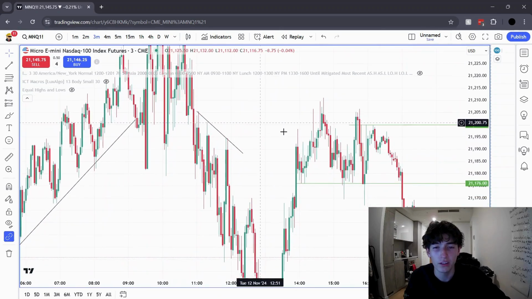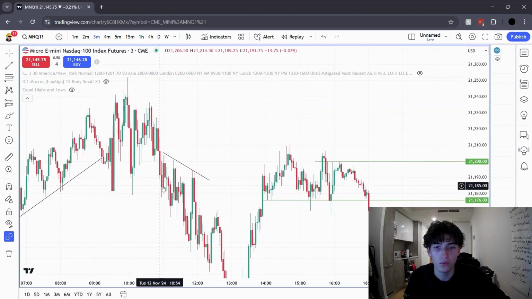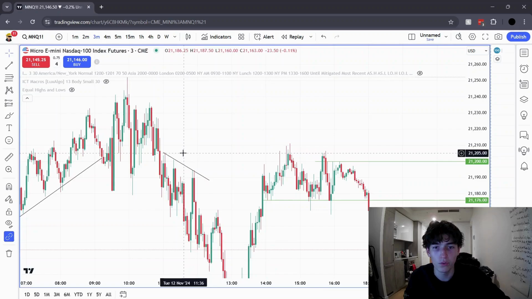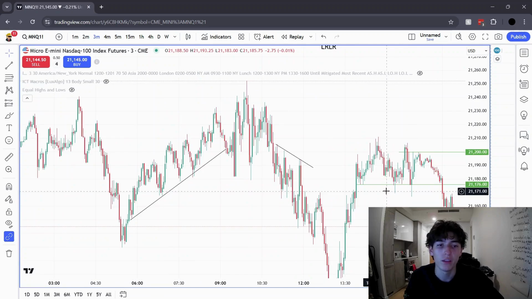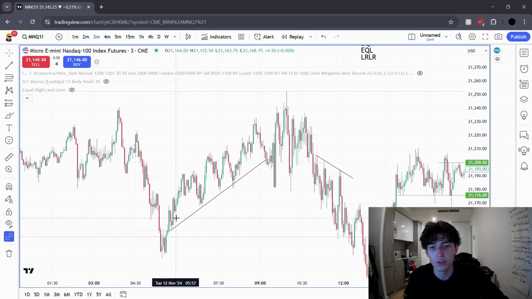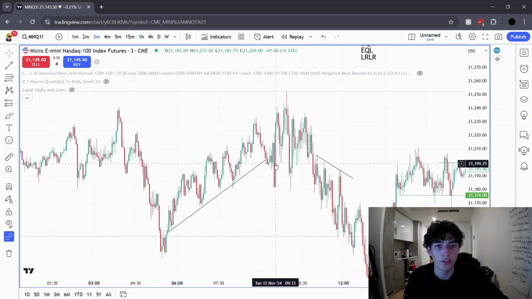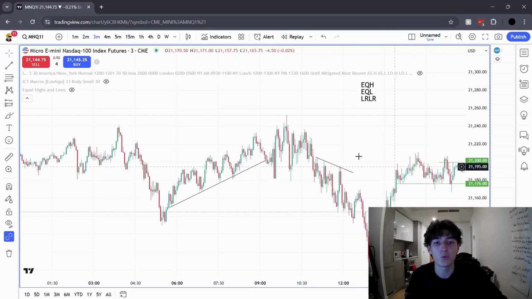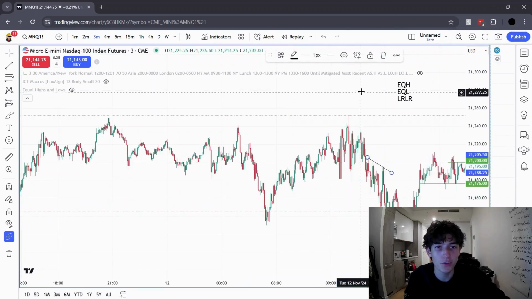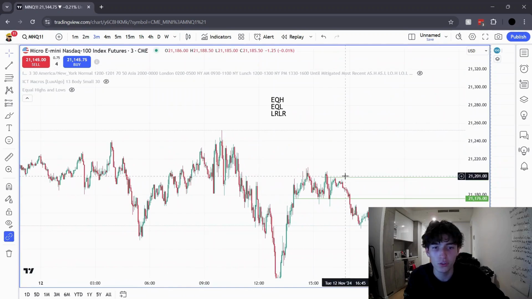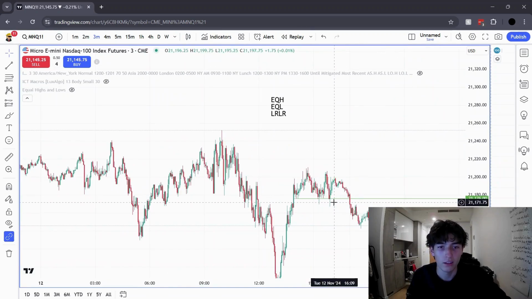Now, as you can see here, what did it do? It came up and it swept all of this low resistance. And obviously not every time this is going to happen where it starts creating a bunch of low resistance liquidity, and it's not for certain that it's going to sweep it right away, but it is going to sweep it eventually. And then that should be points of interest that you should go on your chart and study and look at,